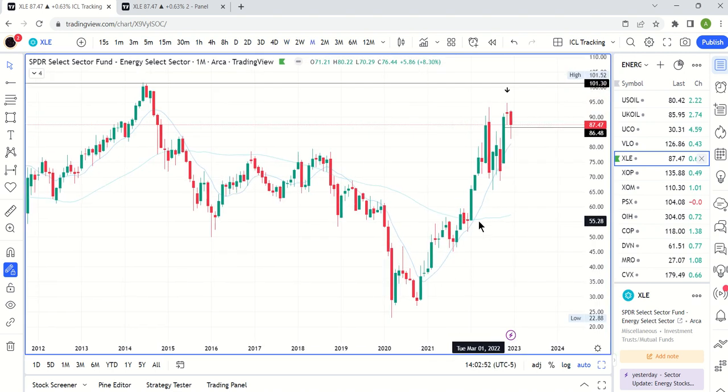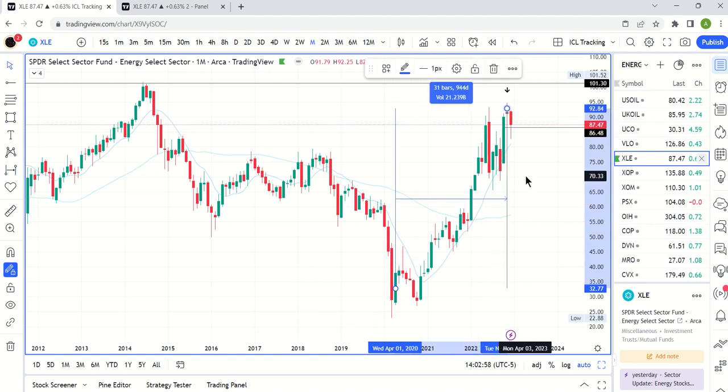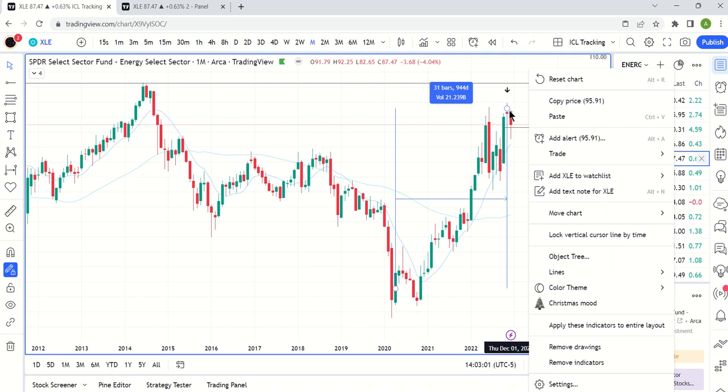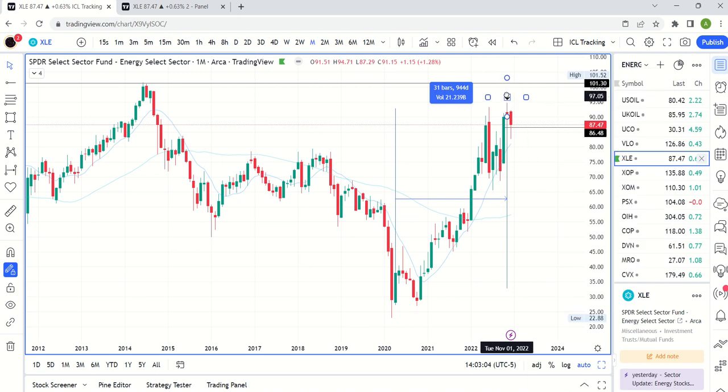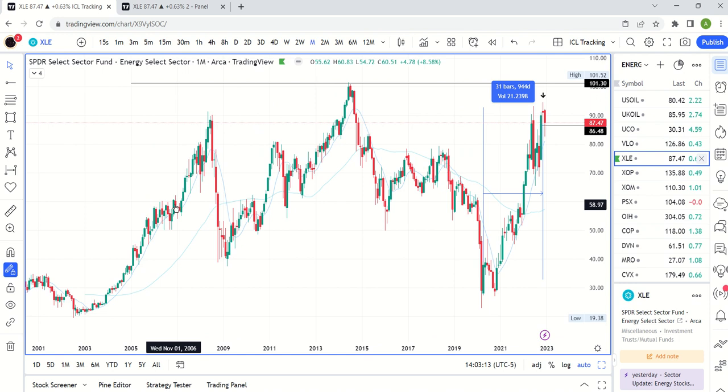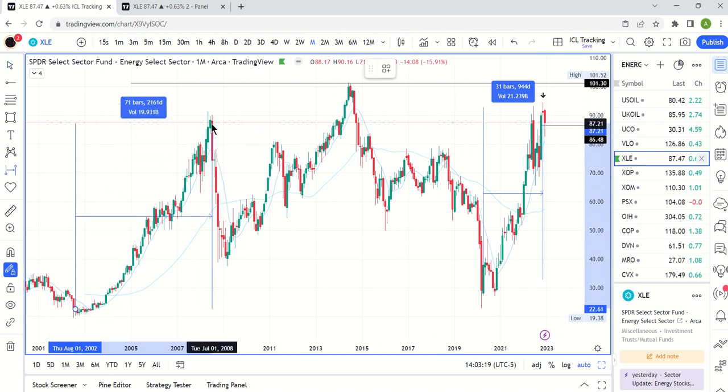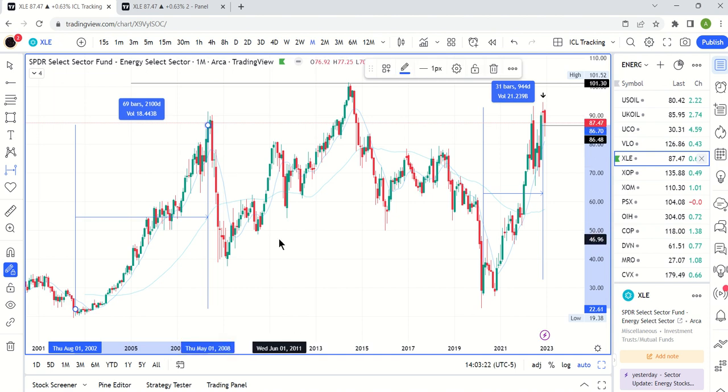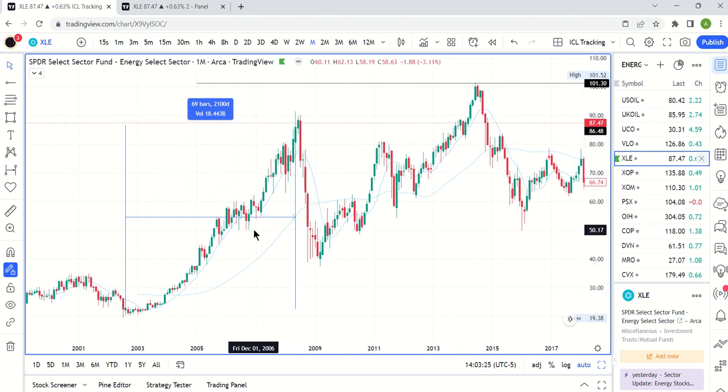The issue with XLE though, and this is just an important thing to be aware of, right? Risk mitigation. It's rallied for 32 months, right? That was the top on month in November, right? So last month, November 2022, and so it's like generally after a really long rally, there's a pullback, right? Yet let's just look at it for historical sake. Wow, right? That's a 70-month rally without a major pullback, actually. Yikes, that's interesting. So that's from August 2002 to the top in May 2008, and I'll maybe do a video